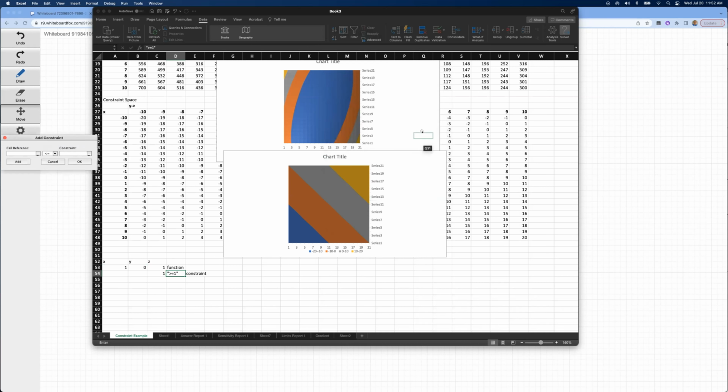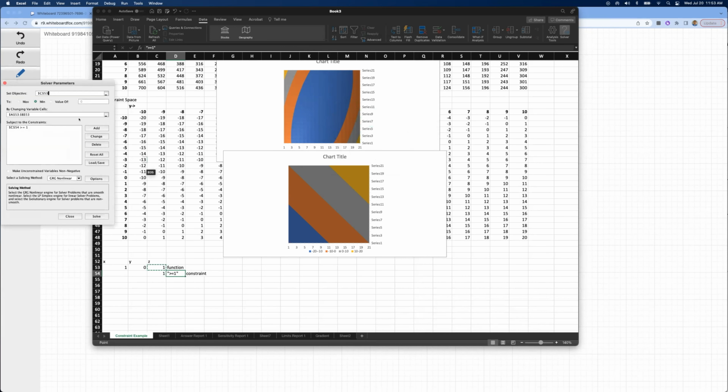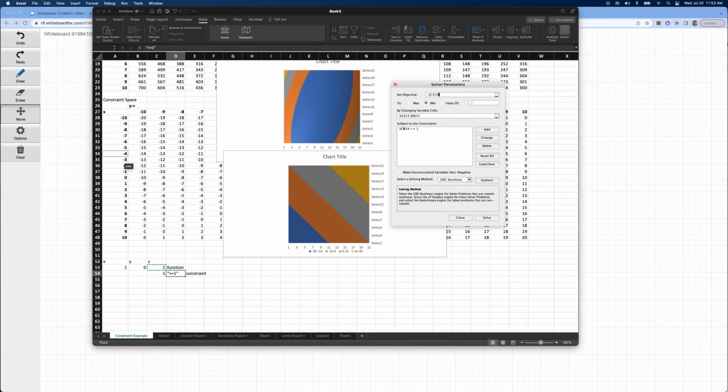So I'm going to add a constraint, and I'm going to say that this cell reference, this guy right there, has to be, oh, again, it moved my menu, but it has to be greater than or equal to 1. And click OK. And so you can see that it has now added this constraint in here, that the value in that cell in C54 has to be greater than or equal to 1. And so it's going to try to satisfy that constraint. Now I could add more constraints in here if I wanted to. You can just continue to add them here.